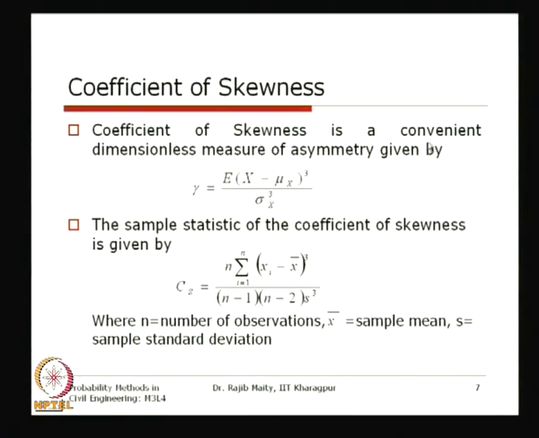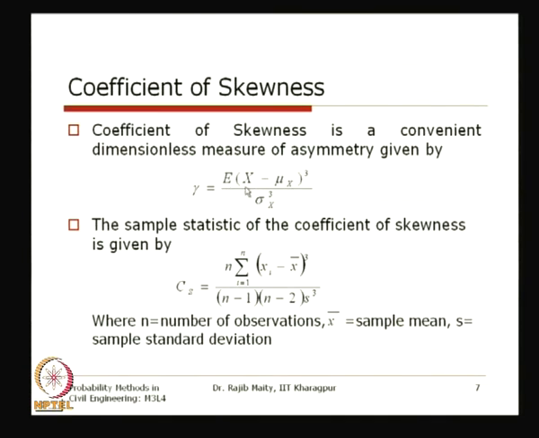So to make it convenient, that moment is generally normalized with respect to some power of the standard deviation. The power of the standard deviation is selected in such a way that the quantity becomes dimensionless. This is exactly what is done here, and it is known as the coefficient of skewness. The coefficient of skewness is a convenient dimensionless measure of asymmetry, given by